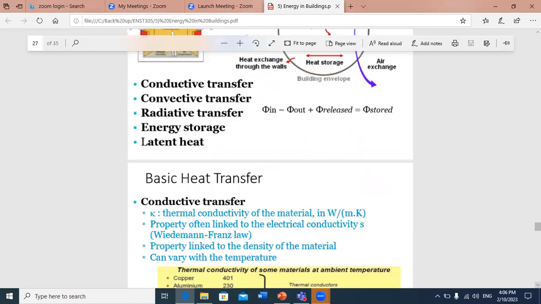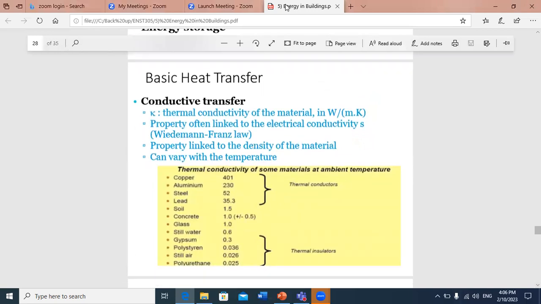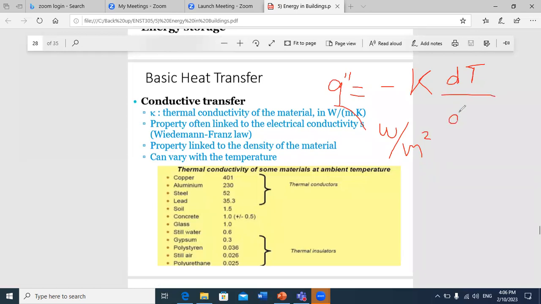Now, first, for conductive transfer, we know that conductive transfer is calculated by the following relation. So Q conduction in watt per meter Kelvin is minus K dT by dx. So whenever we put Q double prime in watt per meter square, it's equal to minus K dT by dx. And one very important property to know about conduction is the thermal conductivity K. So larger the thermal conductivity,